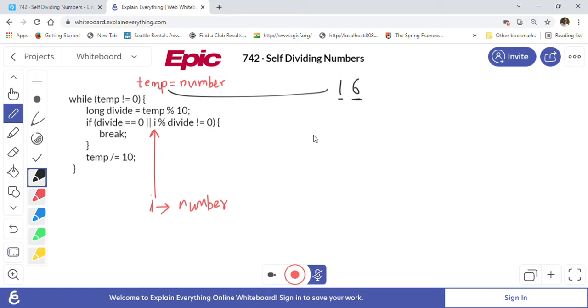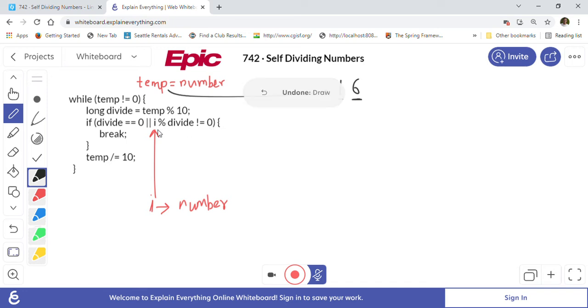Then we will get divide is equal to 16 mod 10, which is equal to 6. So now divide is equal to 6, which means that it will not go into this if condition, because 16 mod 6 is not equal to 0.